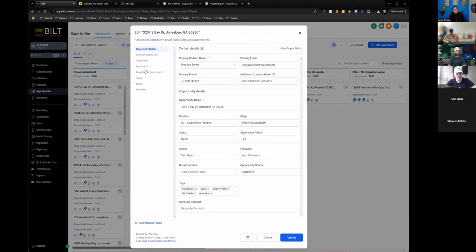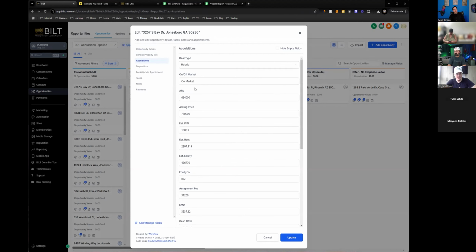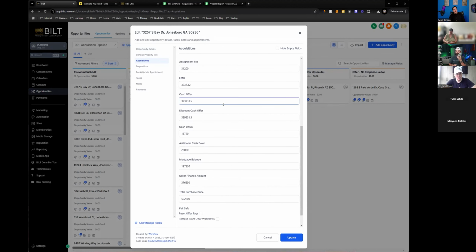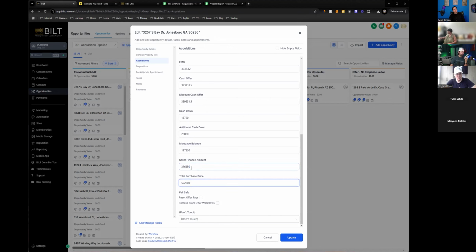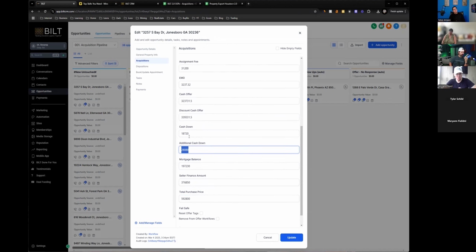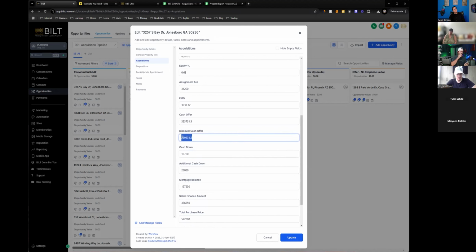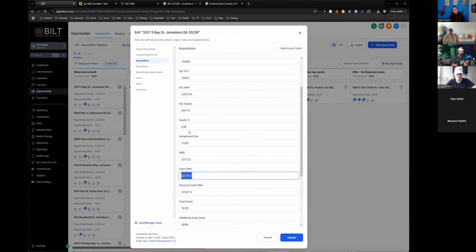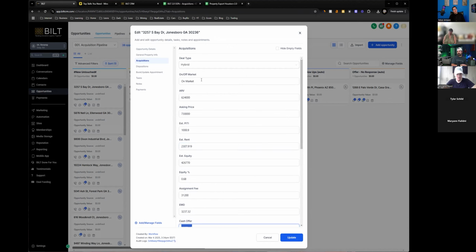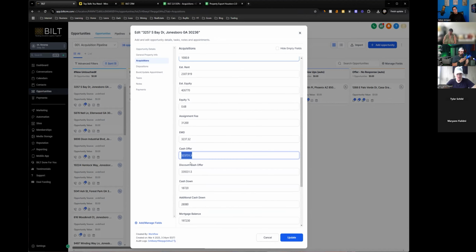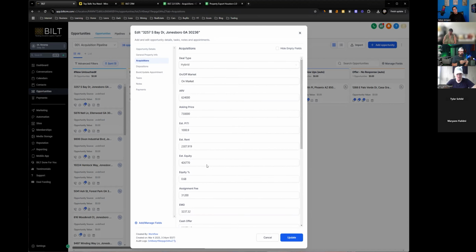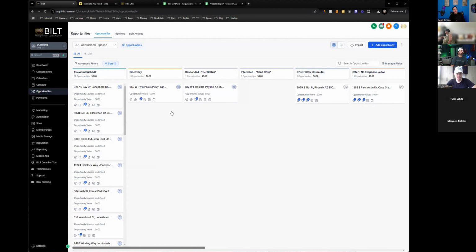And essentially, if you click on this, and hopefully I did it right earlier, I feel like I missed something, but what we should see in the acquisitions is all the values, and it tells us what deal type this property is. And so it looks like we did upload it correct. And so we know everything that's going on with the purchase price, the seller finance, the mortgage balance, additional cash down, maybe your first offer's cash down, discount cash offer, your regular cash offer, EMD, assignment fee, percentage, equity, and so on. All the details you need to evaluate a deal, plus it's already evaluated certain parts of the deals as well. And so we know this deal is a hybrid, but maybe, for example, you don't want it a hybrid. You could always switch it right here. But that's the basis of how to get your data into the system, how to upload it,